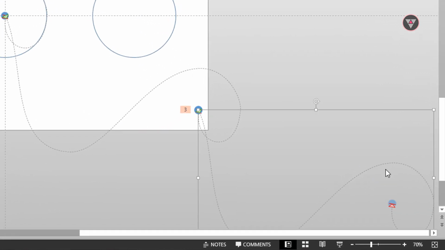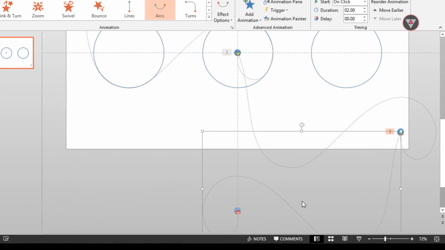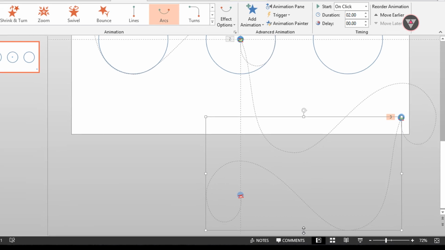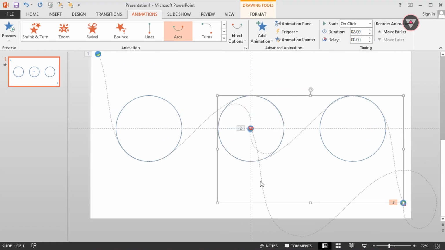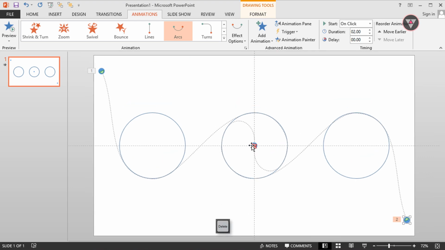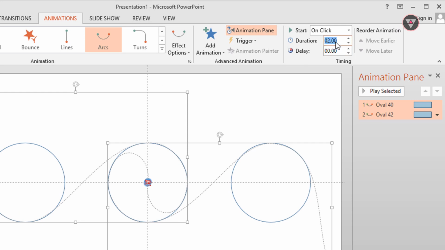Now select this animation and change its direction so the endpoint is at the center of this slide. Now select these 2 animations, change the duration to 5 seconds, and also select Start With Previous.